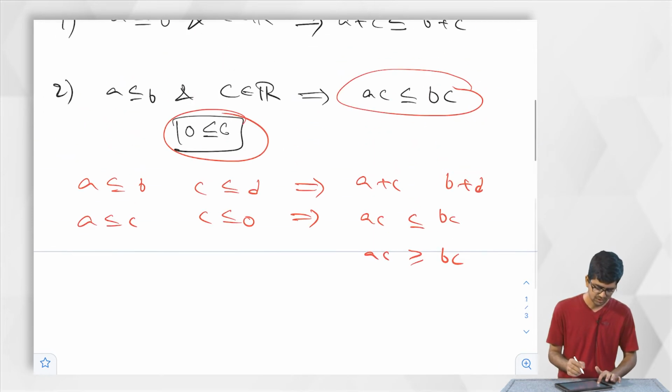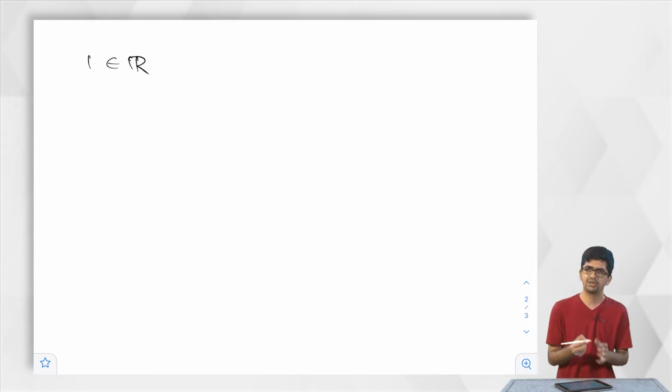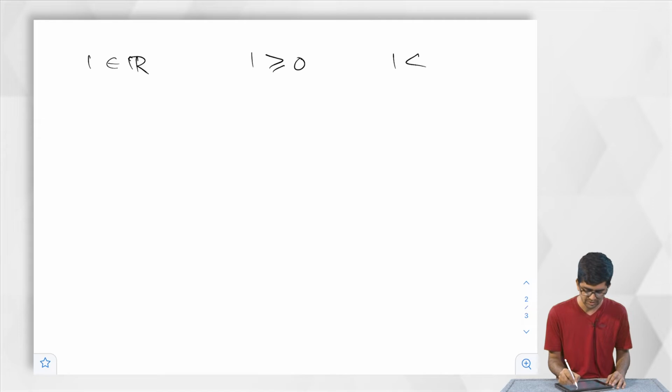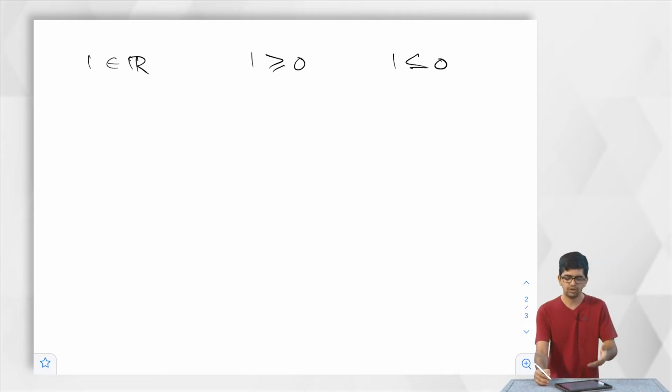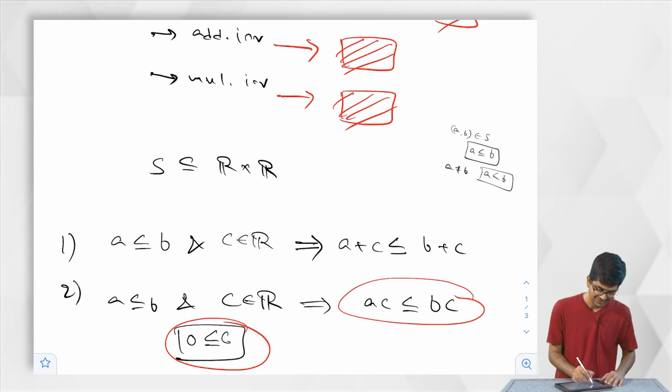Okay, what was the first question? It is about the element 1. 1 is an element of R. Nobody told me whether 1 is greater than or equal to 0 or 1 is less than or equal to 0, right. When I say that S is a total order, I think I said, if I did not say, I am saying now, this S is total order,